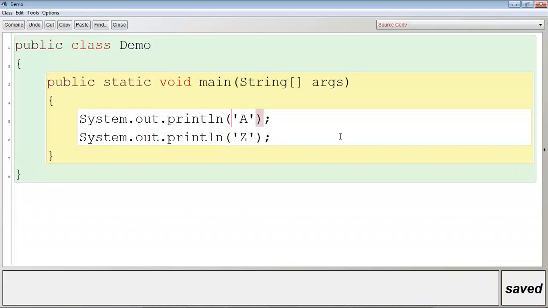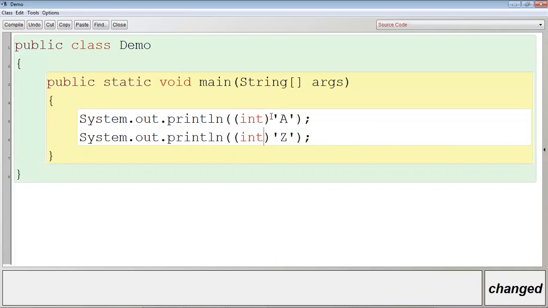Now what if I do typecasting directly to the value? Suppose I write int and again I write int. So what will happen? The ASCII code will come. See, character A, it is a character A. So I have done explicit typecasting, and this value got converted into an int value.